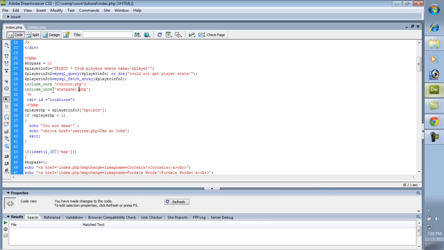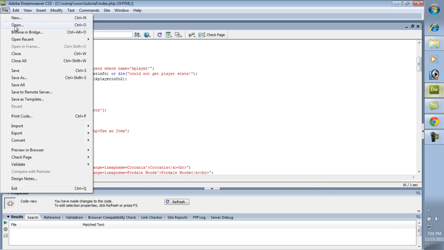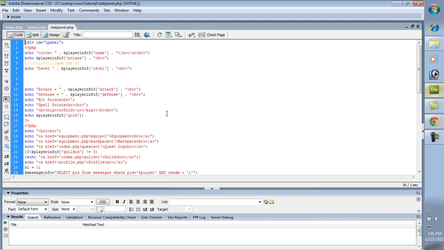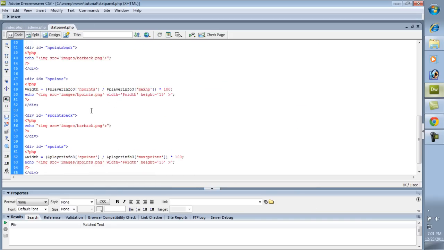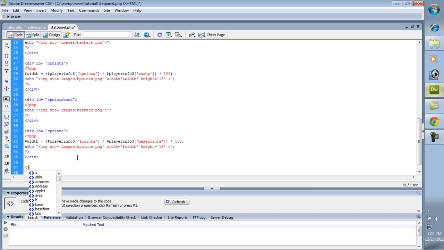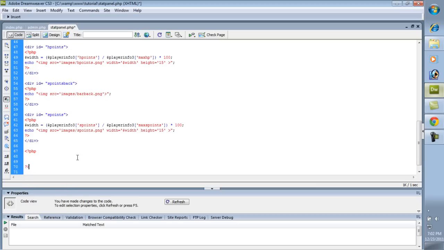Let's see, our stat panel. I'm going to put it in stat panel, so let's go ahead and open our stat panel up, and I'm going to put it right at the very bottom. I'm just going to put it right here. If we're going to have to add some PHP. If,